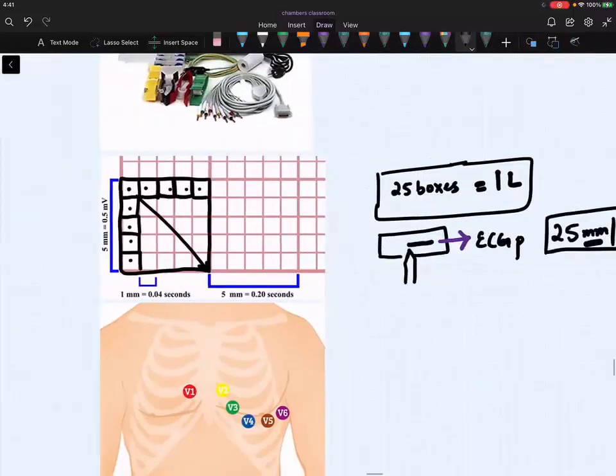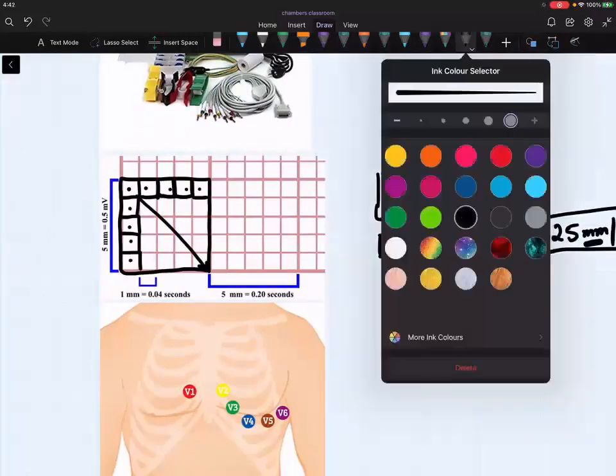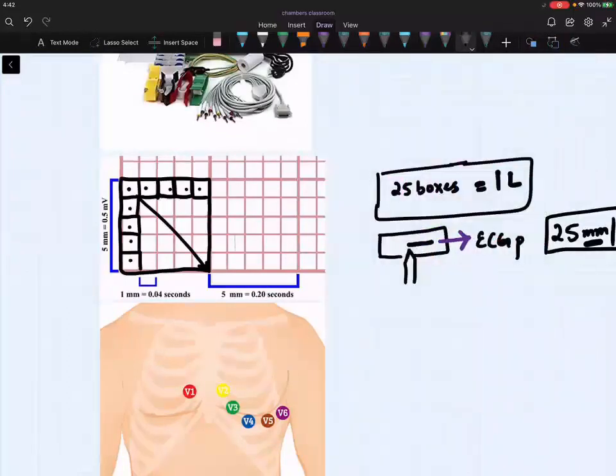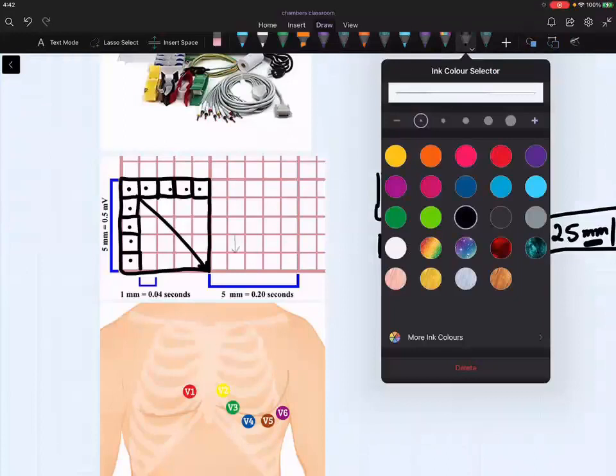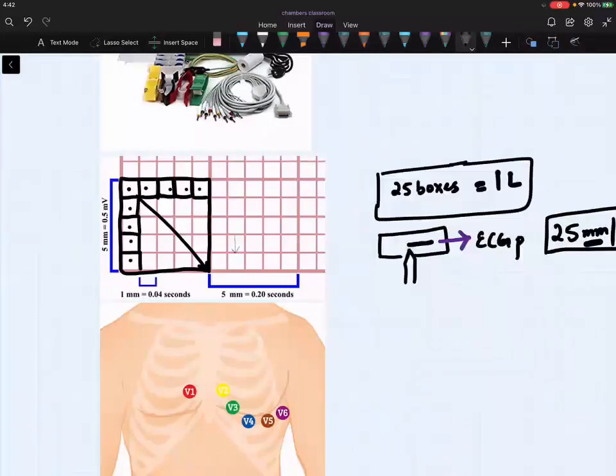That means first I have to give you an overview of this. If I take this small box, this is too small, I should use this stroke. The vertical distance is 1 mm, and the horizontal distance is also 1 mm. Can we see? This is 1 mm and this is also 1 mm. I will highlight for you. So horizontal lines are 1 mm, this is also 1 mm.